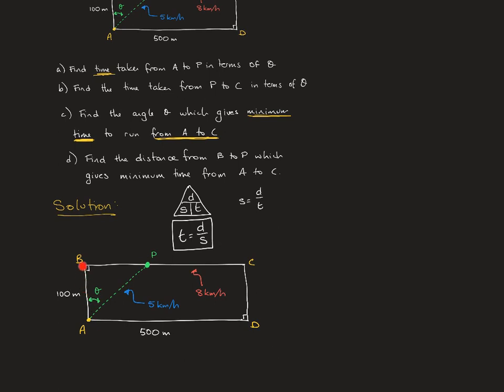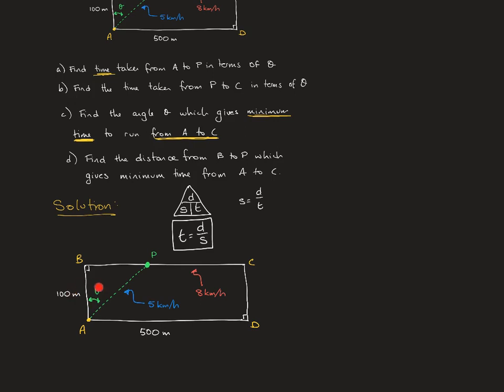We know that that is 100 meters. We know that it's a right angle because we're told it's a rectangular field. So what we've got is a right angled triangle here. And so we could let this distance AP be our hypotenuse. Well, it is the hypotenuse of our right angled triangle, and we could use this angle here